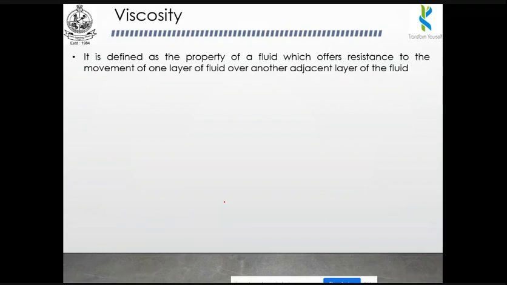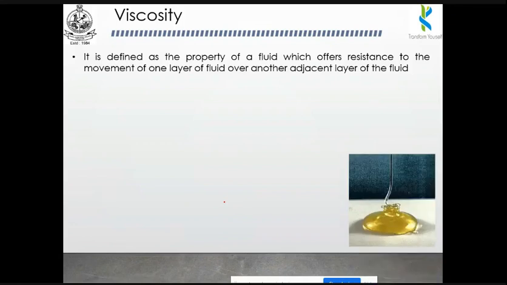And also if you are using a very low viscous fluid, it will also not reach the required position. Maybe it will reach the required position, but it will flow very quickly to the sump. Due to that, wear and tear will increase. So we have to use a proper viscous fluid for lubrication purposes. So viscosity is playing a major role in lubrication.